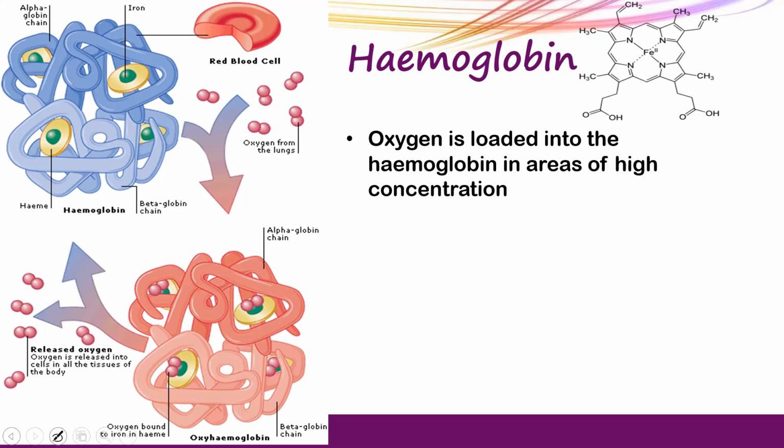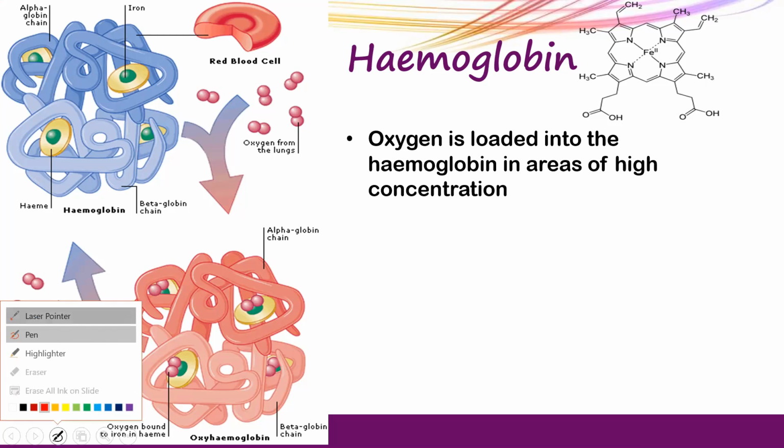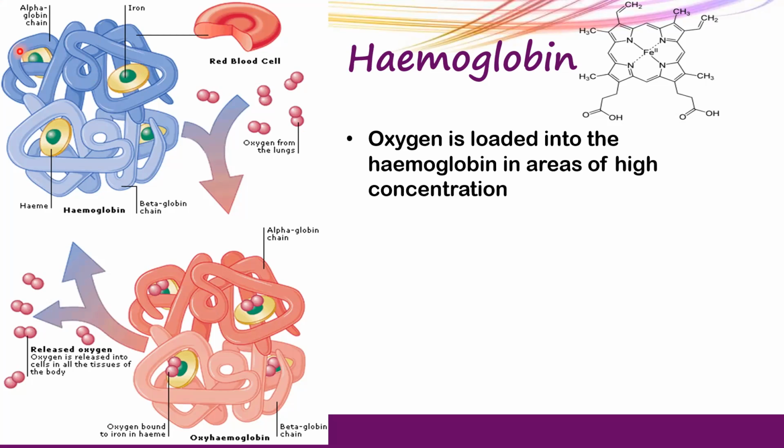You see there is this prosthetic group here in the middle. This contains iron, and hemoglobin is found in the red blood cells. Oxygen is there in the blood; it would be taken up from the lungs as you breathe in. So it would diffuse into the red blood cells and be loaded onto the hemoglobin. It is loaded into the hemoglobin in areas of high oxygen concentration, as in the lungs. You can see they have shown 2 atoms, so it's 1 molecule of oxygen.